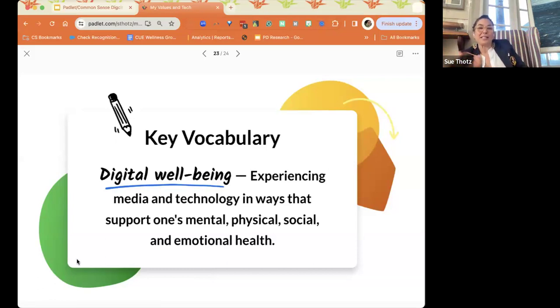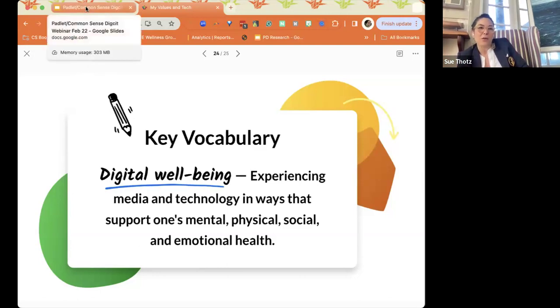And I did not want to be doing this. Some days we get a little bit stressed. Some days we get a little bit overwhelmed. We're saddened when we see certain posts that make us feel like we're missing out. I mean, there's lots of emotions. Or, if you're like me and you like to sit around and watch Netflix in the evening, and somehow you get caught binge watching for 4 hours, probably not very good for my physical health, to stay up late and binge watch instead of going to sleep. So there are some times that technology gets in the way of our values that we have.